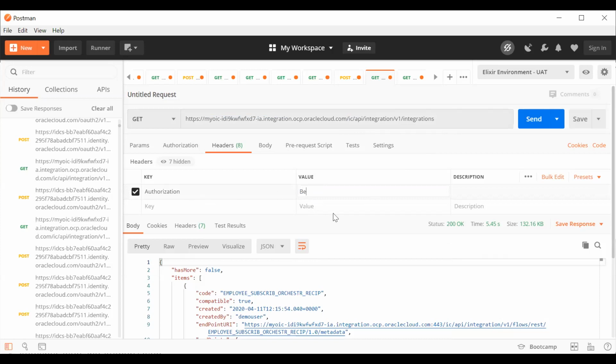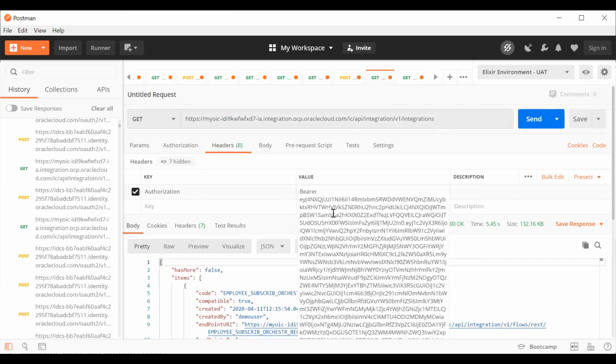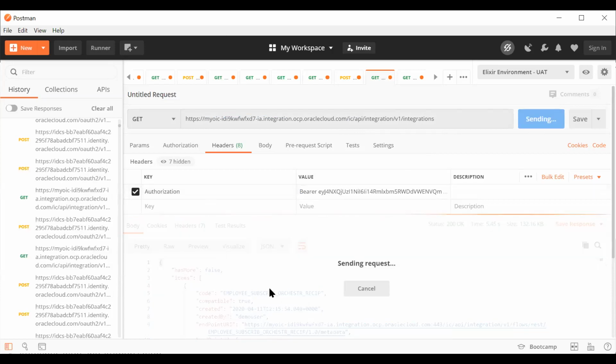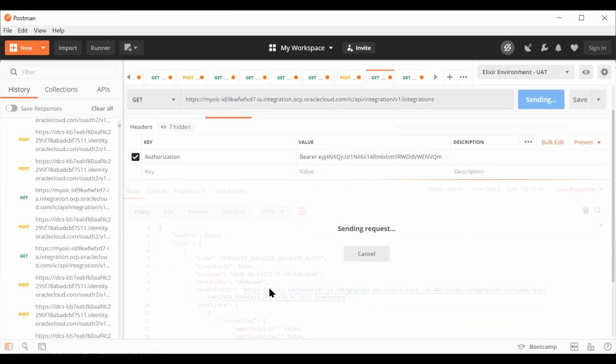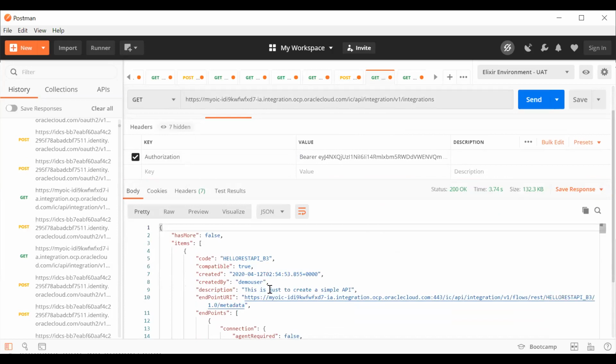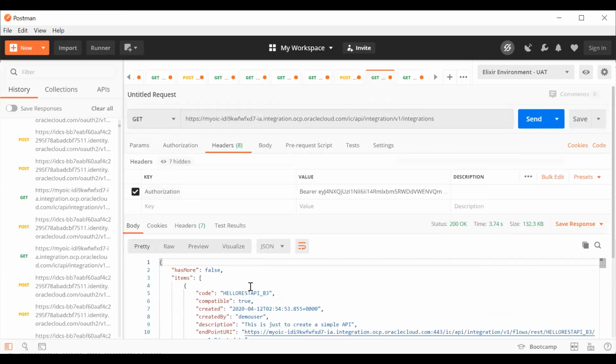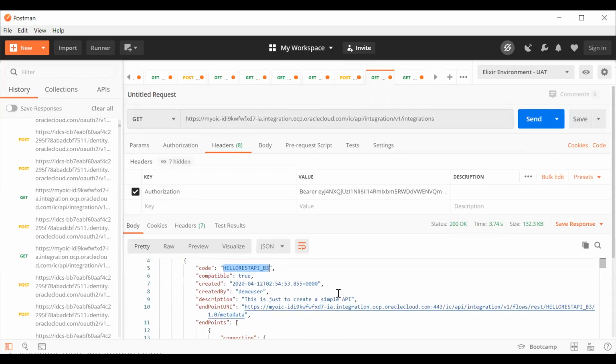So I need to append Bearer and then paste my bearer token and click on the send button. Once I do this, here you see all the integrations which are there are in the response itself. So this is the seeded API of my OIC.